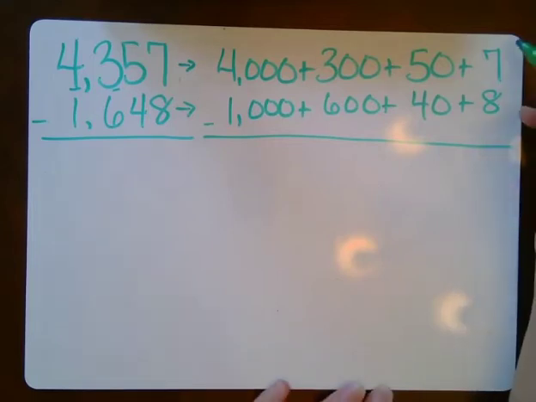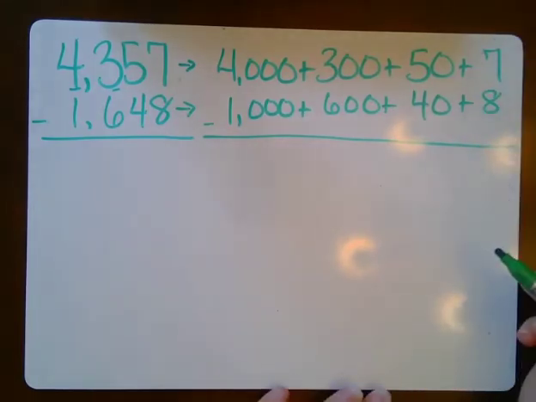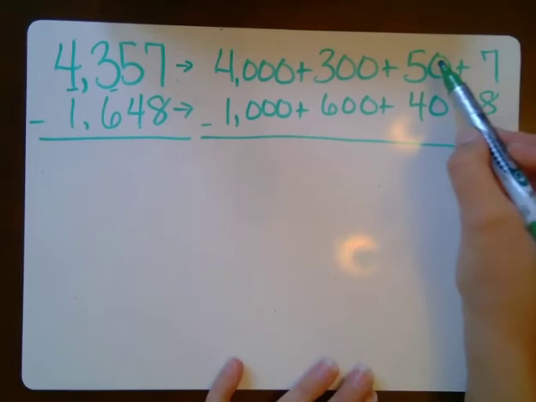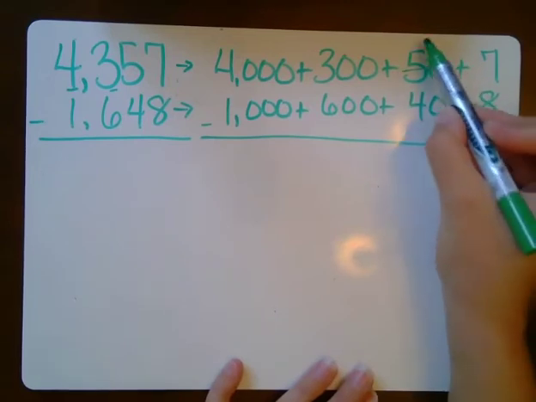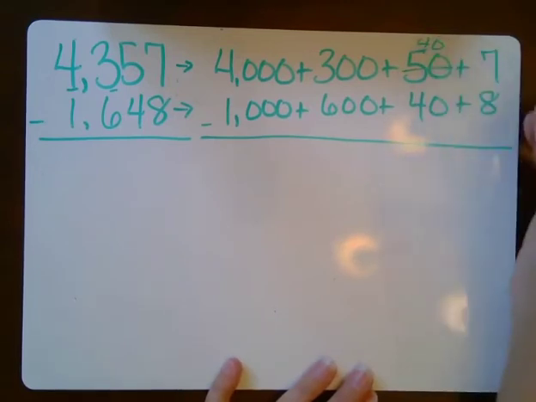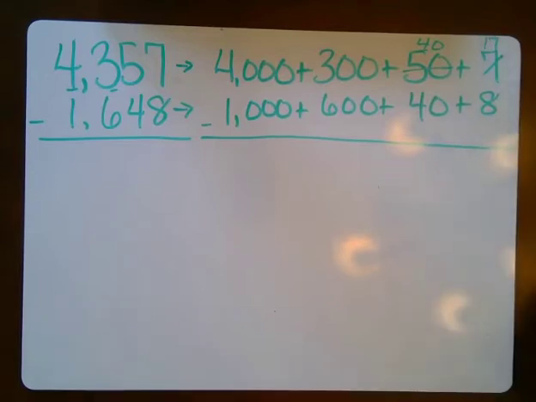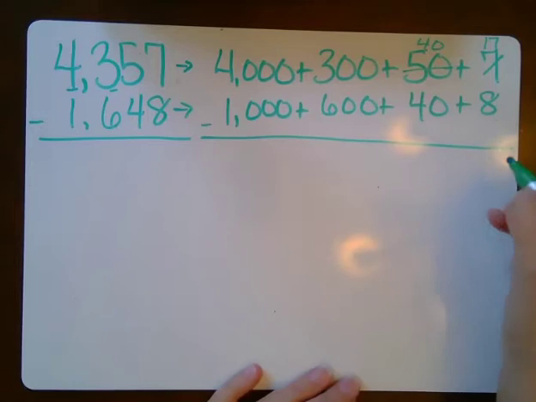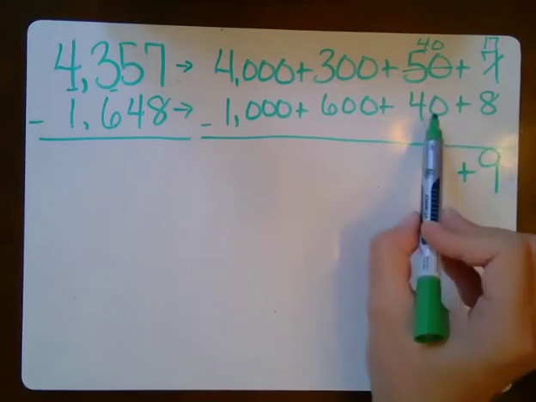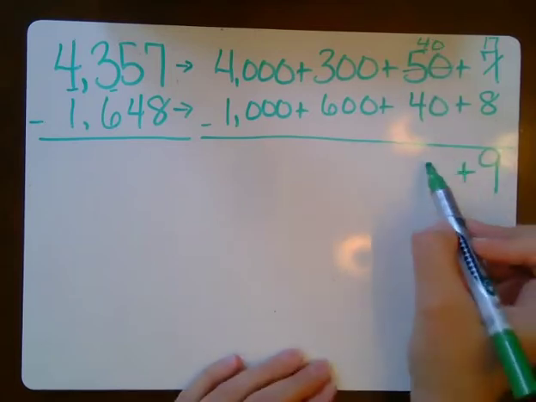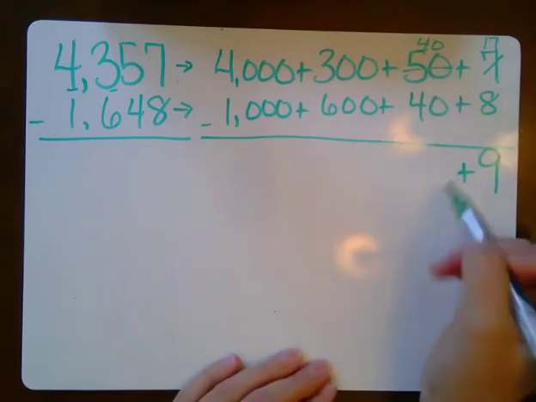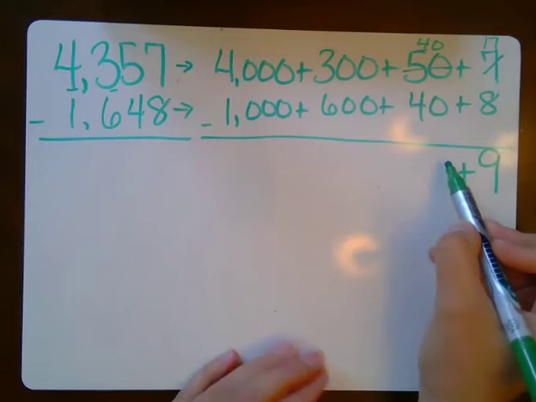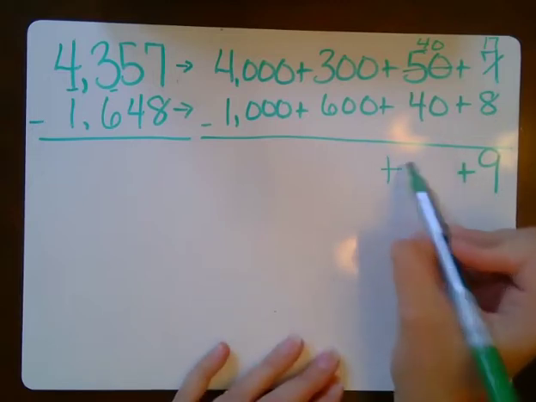I notice right away I cannot subtract in my ones place, but what I can do is take 10 away from that 50, leave that with 40 and add 10 to that 7 to give me 17. Now I can take 8 away from 17 and that leaves me with 9 remaining. I can take 40 away from 40. That leaves me with nothing left. I can put a 0 there, but there isn't a value, so I'm just going to go ahead and jump